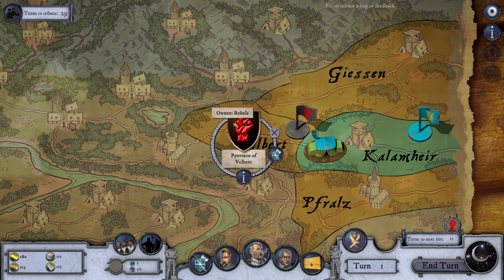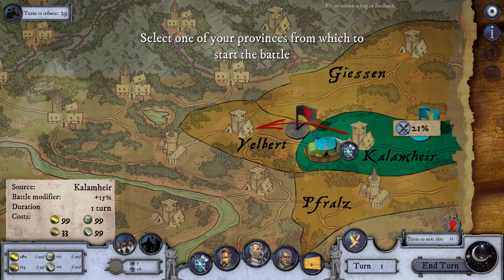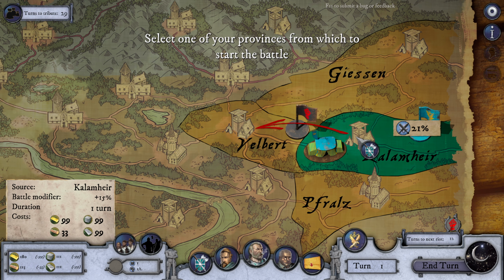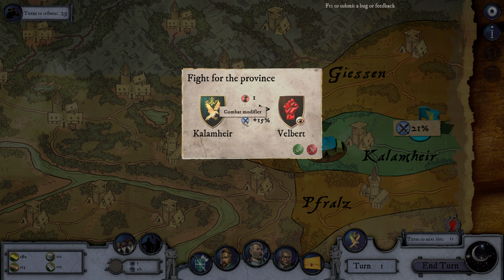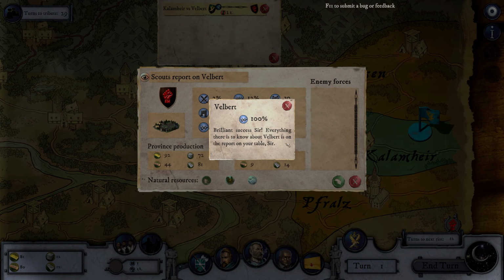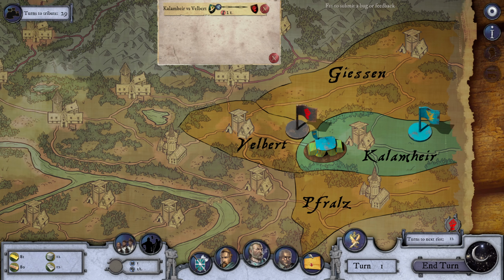As we can see, it is owned by rebels, and this is where we are going to take our first freaking fight. So if we move right into this province here, you can see that it's going to cost us a little bit of money, but that's okay. We're also going to get a battle modifier of plus 15%, and this is modified by a whole bunch of stats from our OG colony, but it's also... Get the scouts report? Yeah, fine. It's also modified by our leader's